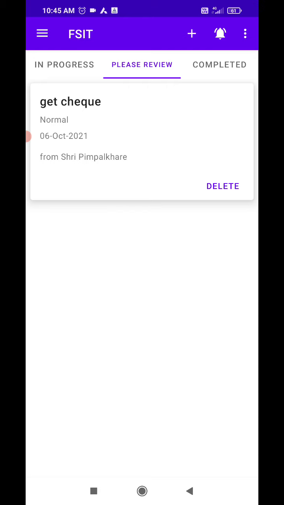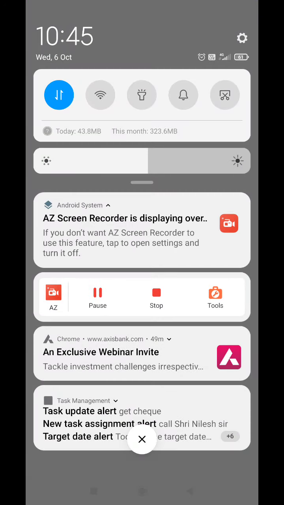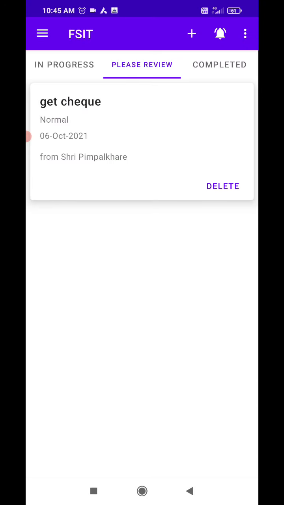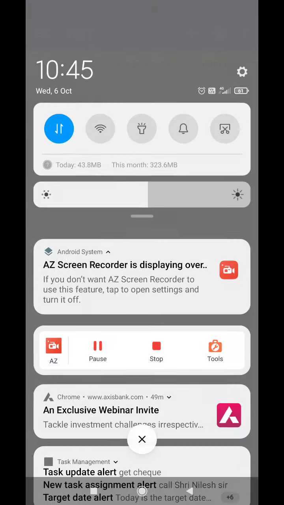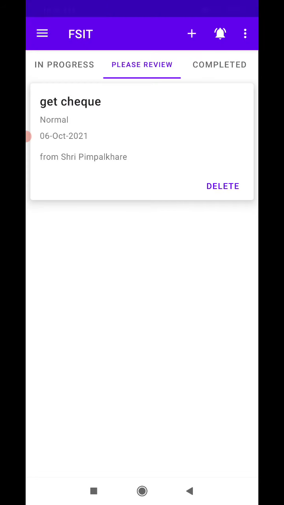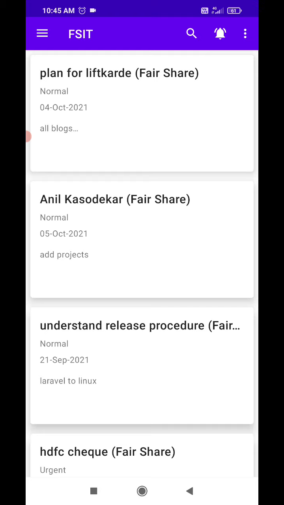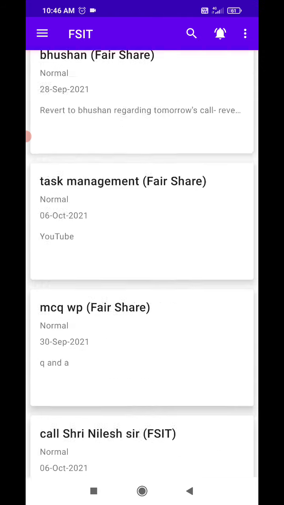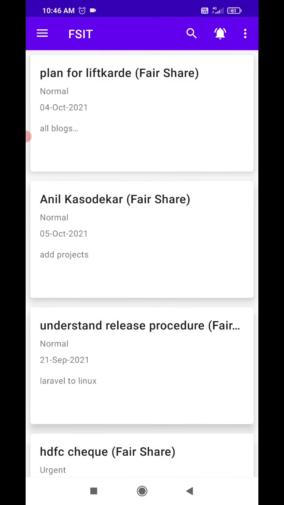So also the alerts that you get in your drawer, that's what they call it. If I do this, then you'll see that all our task related alerts are available at the bottom. You can see all these, right? Also, for your convenience, these alerts are available on this bell icon. If you click on the bell icon at the top, then all the task alerts that you got are available here. Some of these tasks belong to different organizations, that's why they're showing like this.